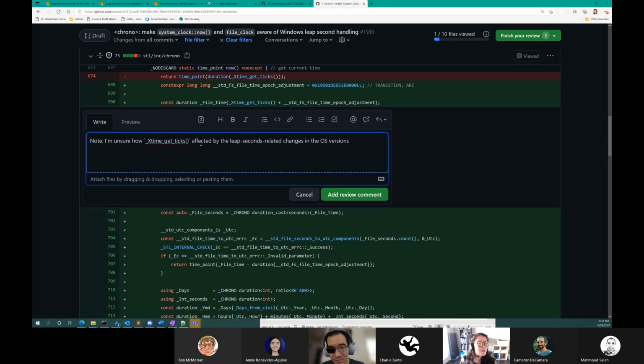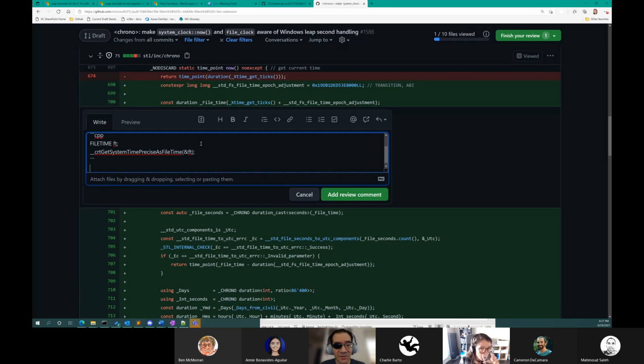Poorly worded sentence, but I can come back and clarify later. Specifically, this function contains, I assume that CRT get system time precise as file time wraps get system time precise as file time, the actual Windows